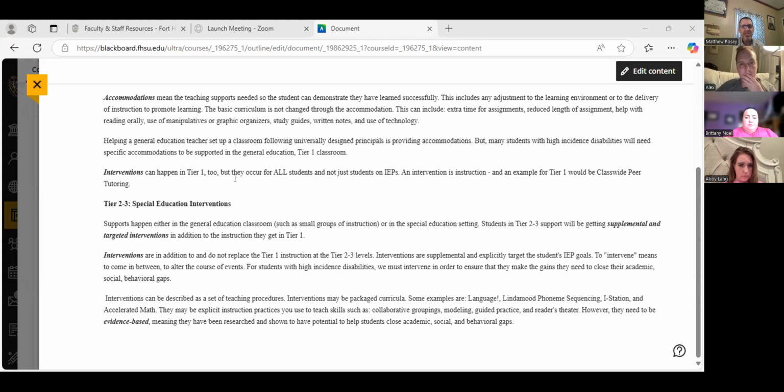So interventions are in addition to and do not replace tier 1. Okay, so it's literally adding to what we did in tier 1. Interventions are supplemental and they explicitly target the student's needs and IEP goals. And so to intervene is to come in between to alter the course of events. Okay, so interventions can be described as a set of teaching procedures, maybe packaged curricula that we